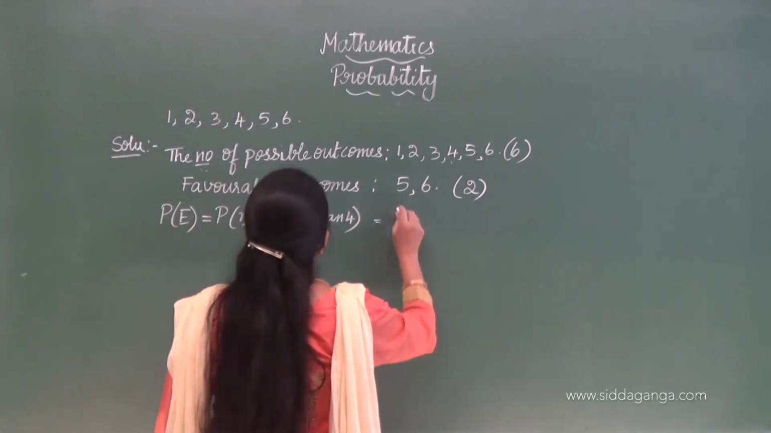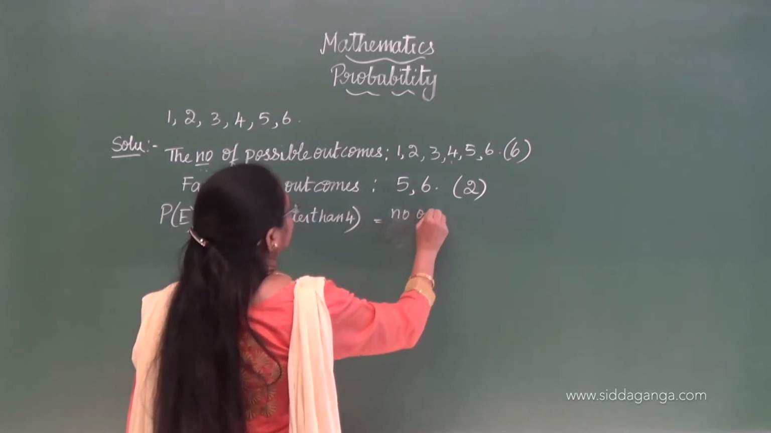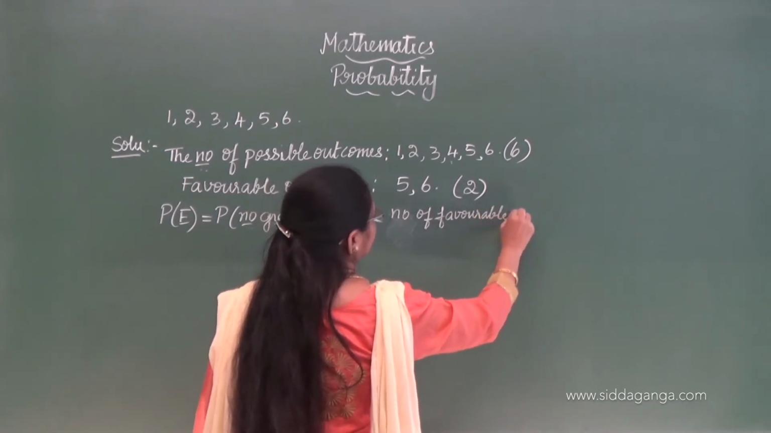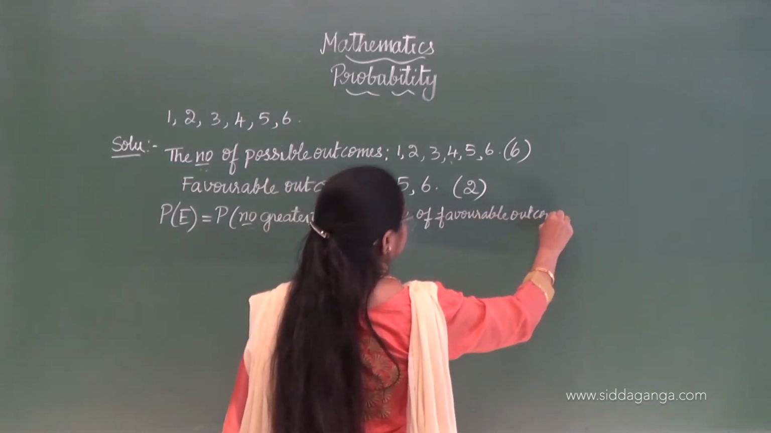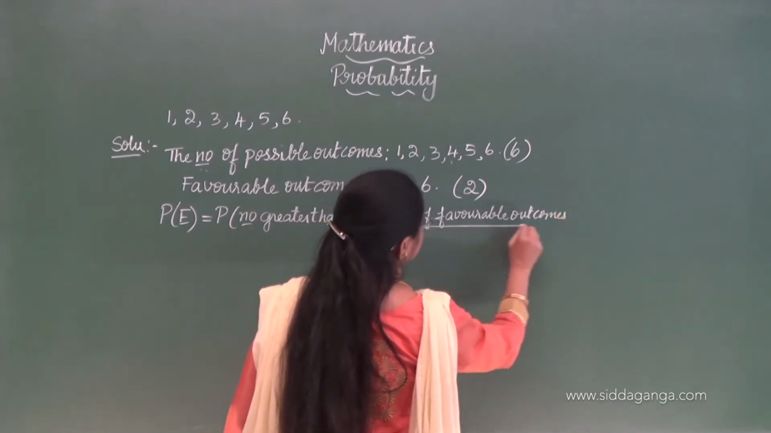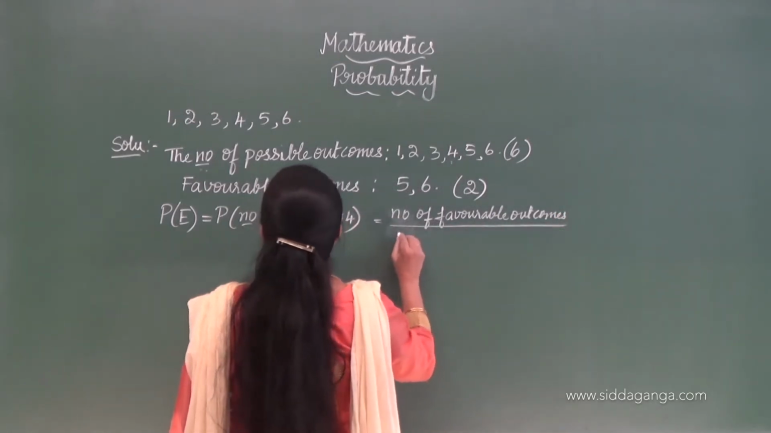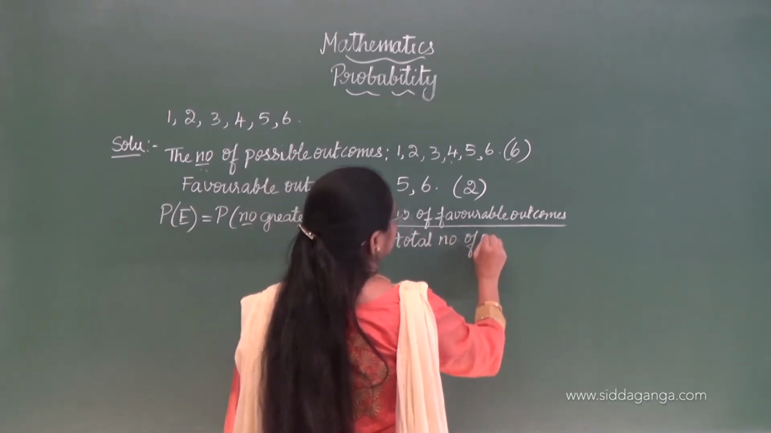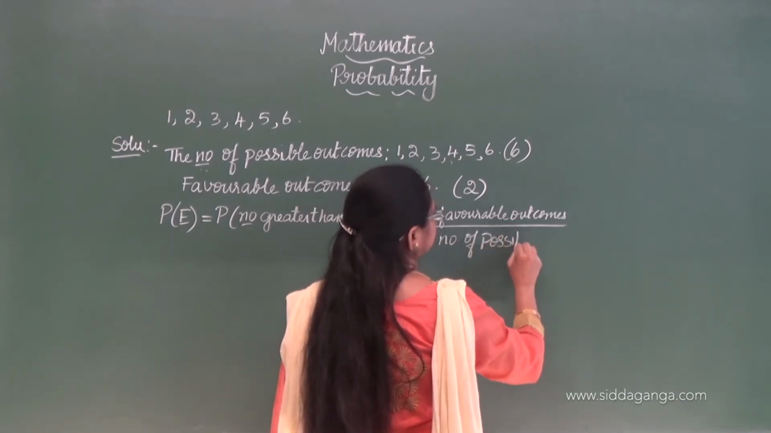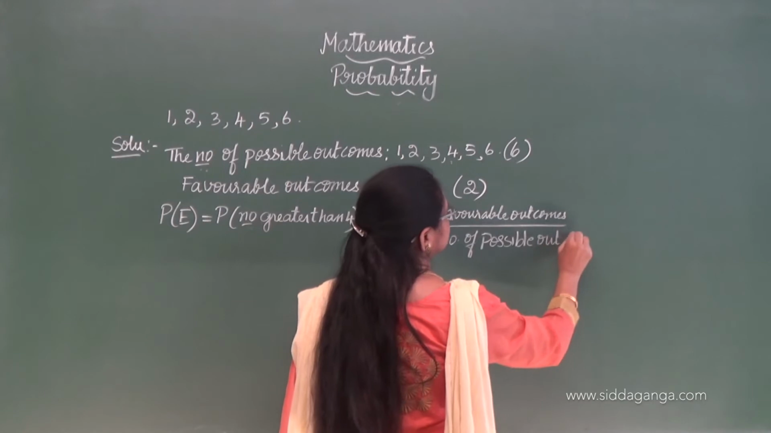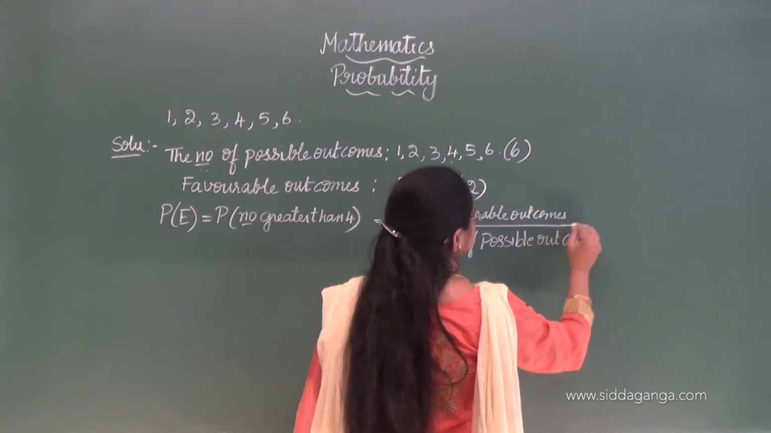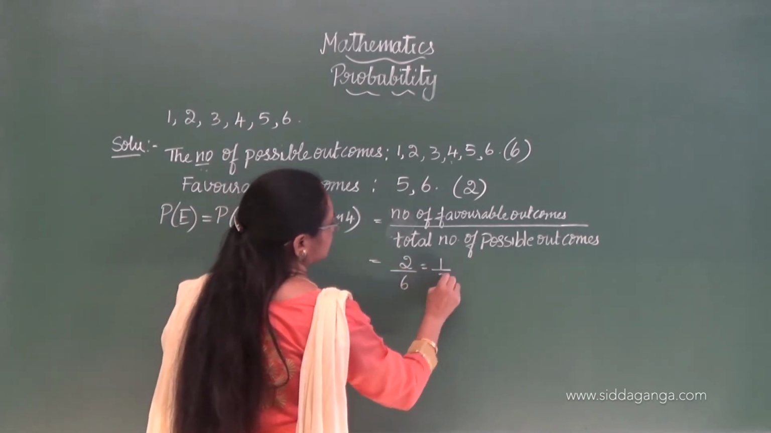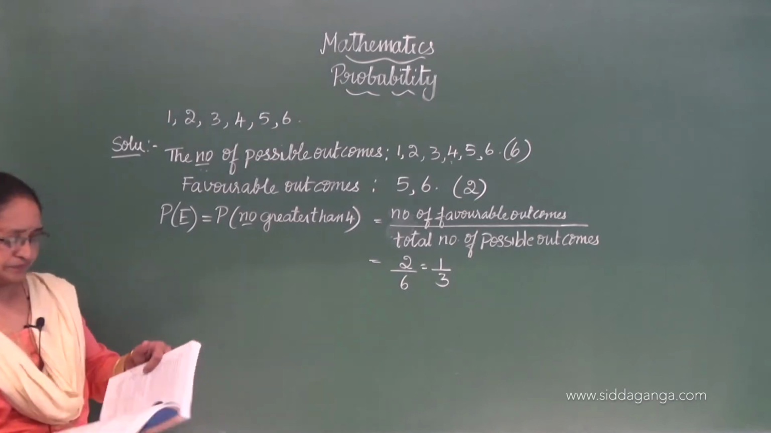So, number of favorable outcomes divided by total number of possible outcomes. 2 by 6, that is 1 by 3. Okay. Next,